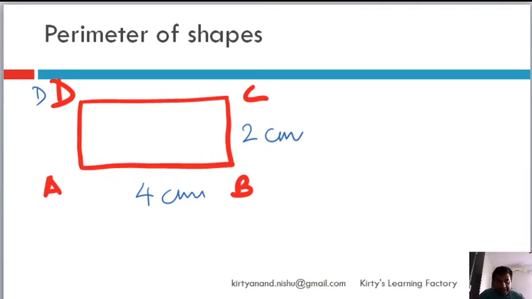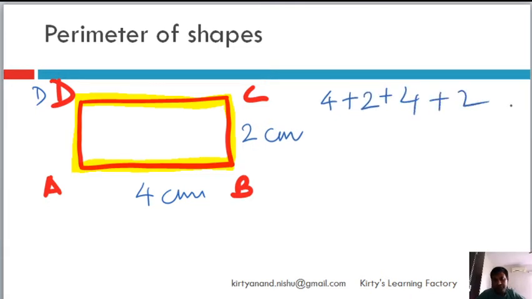Again I start from point A. I will go till here, 4 centimeters. Then from here I will go here, 4 plus 2, 6. Then from point C I will move to D, 6 plus 4 again, because rectangle. So if you remember, opposite sides of a rectangle are equal. So 6 plus 4 is 10, and then again 10 plus 2 is 12. So we are doing nothing but adding 4 plus 2, then again plus 4, then again plus 2, right?